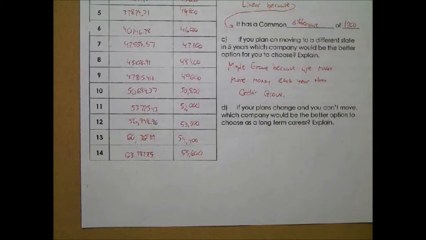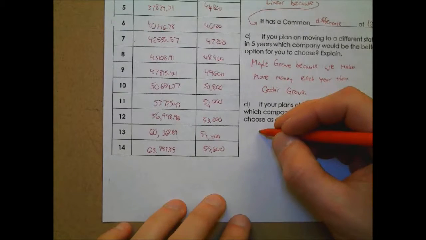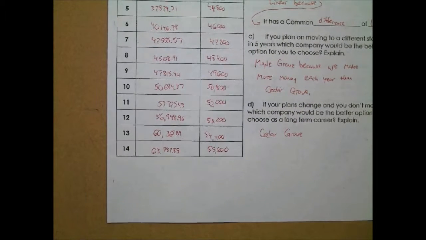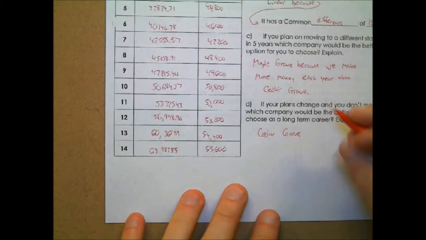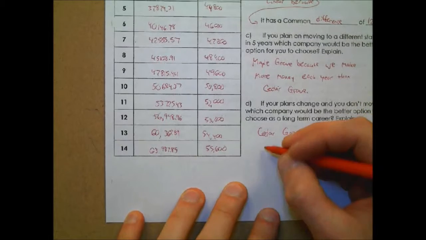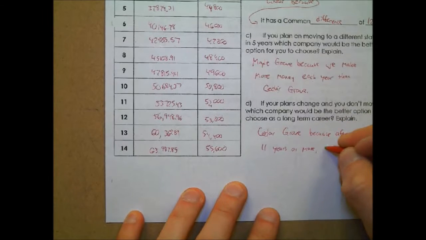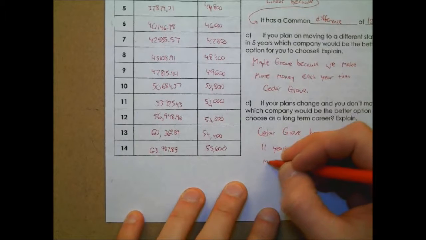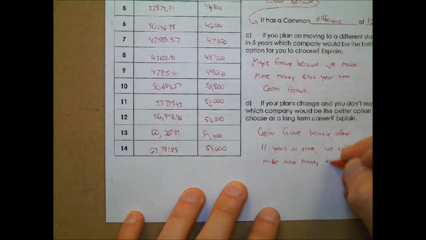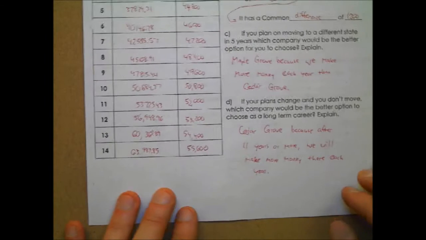So let me show you something here, which maybe you didn't think of. I hear what you're saying, Cedar Grove, and I think that's what the worksheet is probably wanting us to say here. If I had to guess, because we're looking at just how much we make every year, after 11 years or more we will make more money there each year. So after the 11th year, we're going to make more money at Cedar Grove than we do at